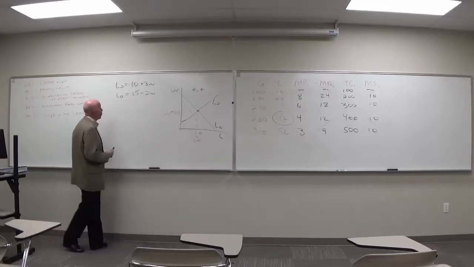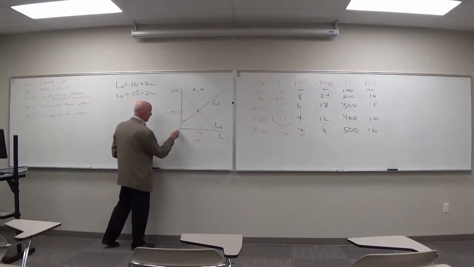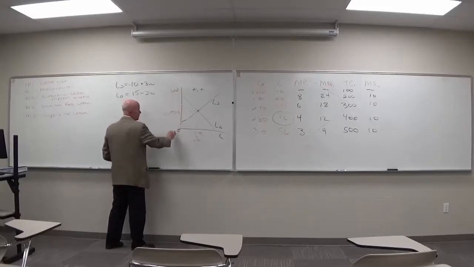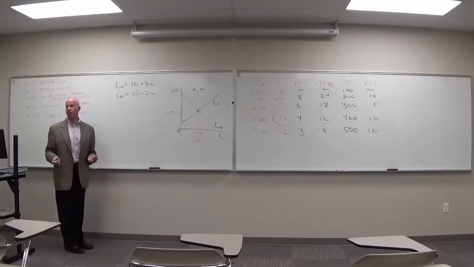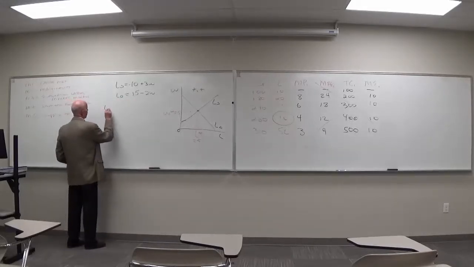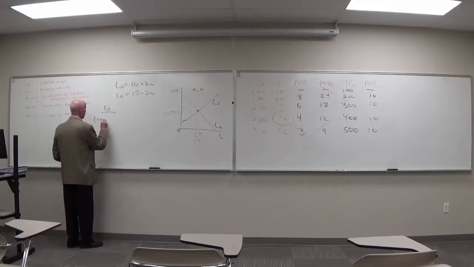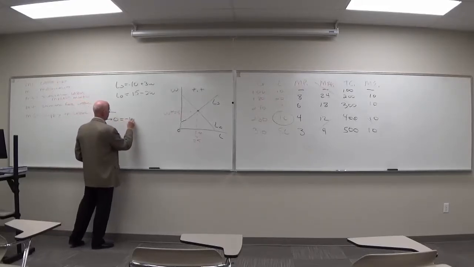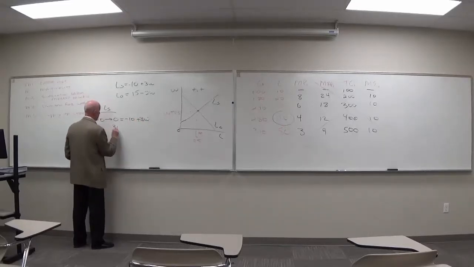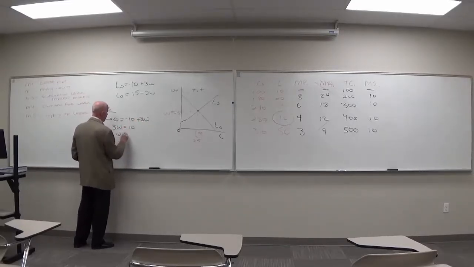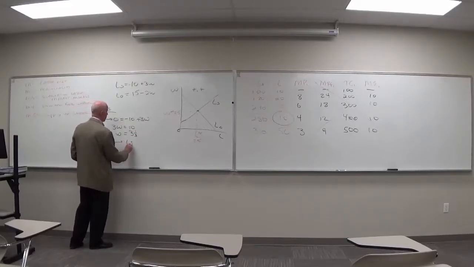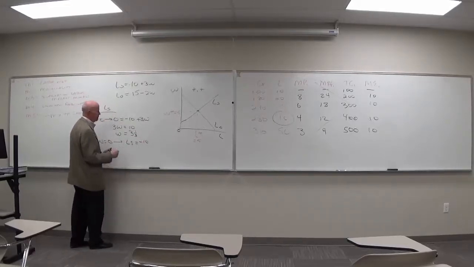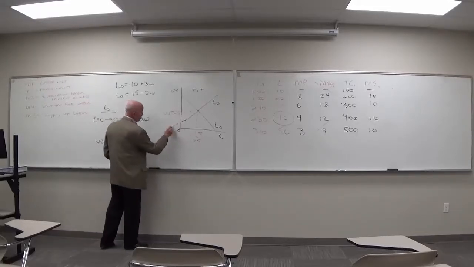So let's find them. We know that we are at the 0, 0 nexus right here. So if we're on the wage axis, labor is 0. Or if we're on the labor axis, wage is 0. So that helps us find our axis intercepts, such that we can say for LS, when L is 0, we have 0 is equal to -10 plus 3W. 3W is equal to 10. W is equal to 3 1/3. And when W is equal to 0, then we have LS is equal to -10 plus 3 times 0, such that we've just defined these 2 points,